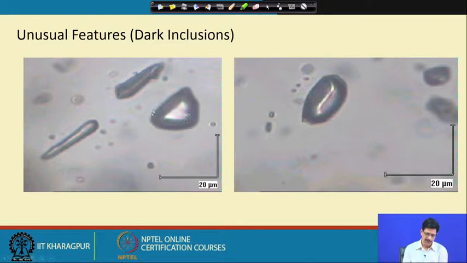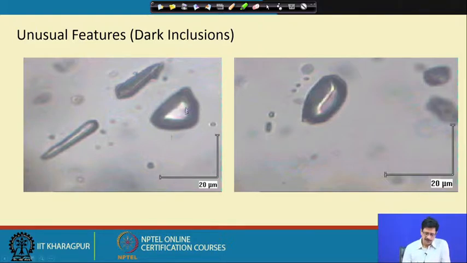You see cavities which almost look like just dark cavities. I mean, there is nothing in them, so sometimes they are described as just empty cavity, because when we will be again seeing them later, if we subject them to some microthermometric experiments, they do not respond, or they do not come out very clearly indicating their compositions.